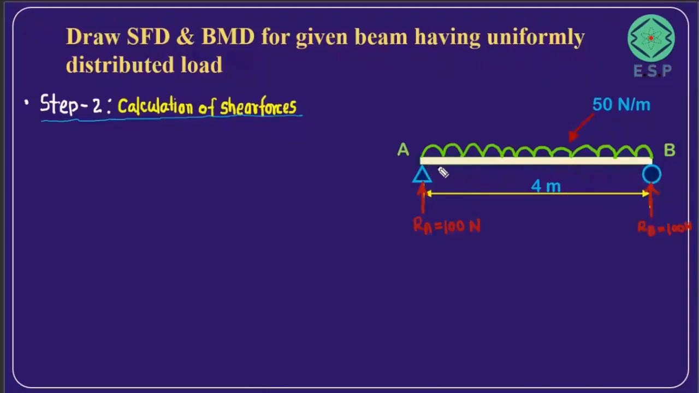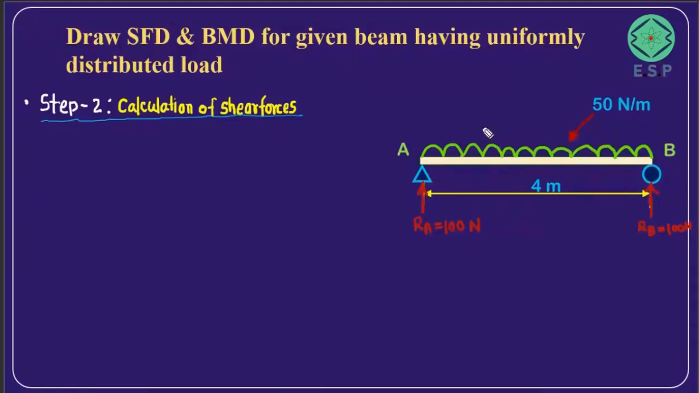So we will have to consider each and every point over the length of the beam in order to find out the variation of shear forces, because as we move from point A to point B, at every point the amount of load is going to increase. In order to draw the shear force diagram, when there is a uniformly distributed load given between point A and B,